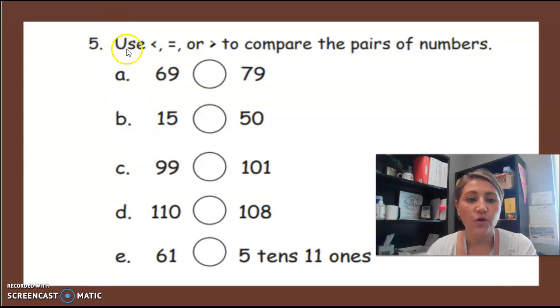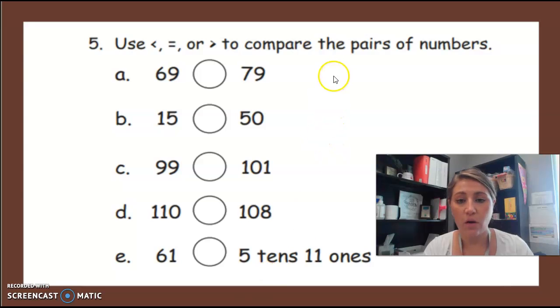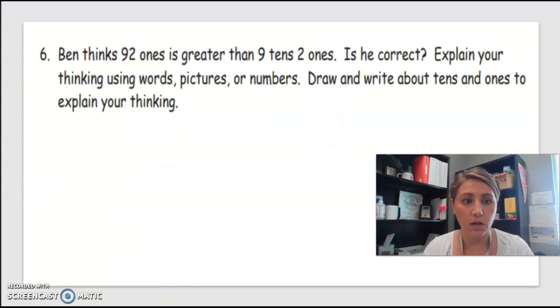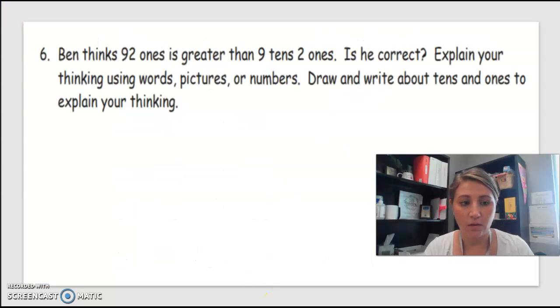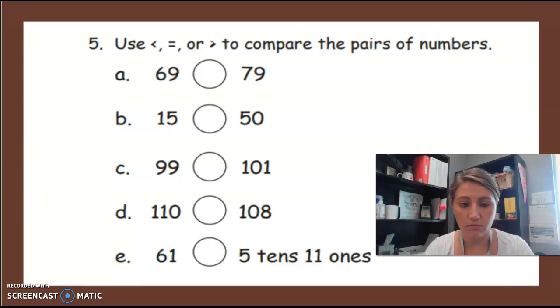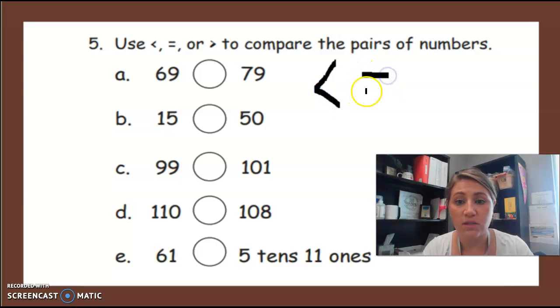Problem 5, you're going to use the less than, equal to, or greater than sign to compare the pairs of numbers. So remember, the symbols that you're using are either greater, hold on, sorry, let me get my pencil. You're going to either use the less than, oh my goodness, I'm so sorry. Hopefully this will work. Okay, you're going to use the less than symbol, the equal to symbol, or the greater